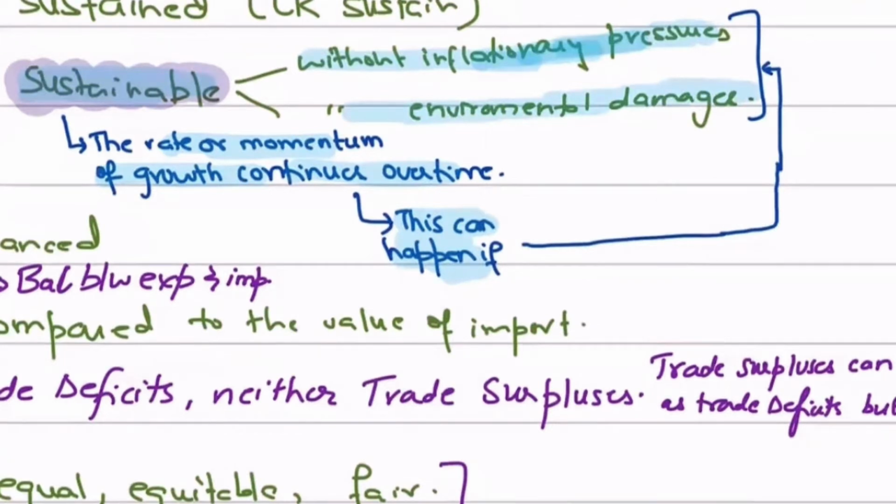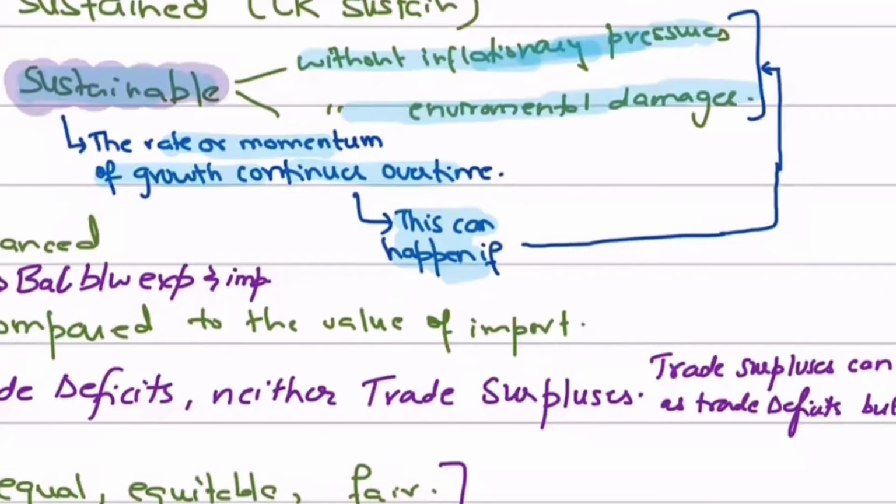Because if the economy is growing at the expense of, or you're compromising, environmental concerns, then such a growth rate is not sustainable. कब तक आप environmental concerns को sacrifice करते रहेंगे? Ultimately, it has a huge impact on welfare. It has a huge impact on desirability. It has a huge impact on your domestic and local population, right? Because obviously we know how negative externalities can result into welfare losses, right? So that is connected to this point actually.